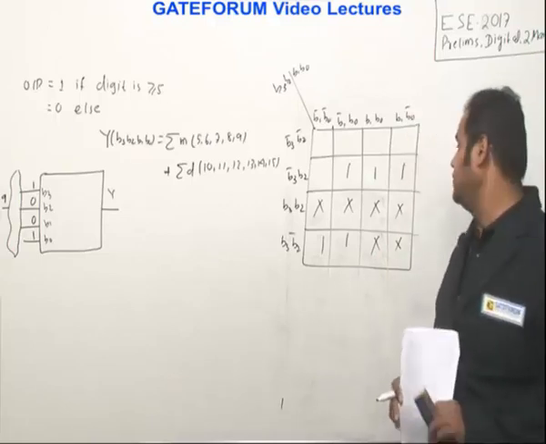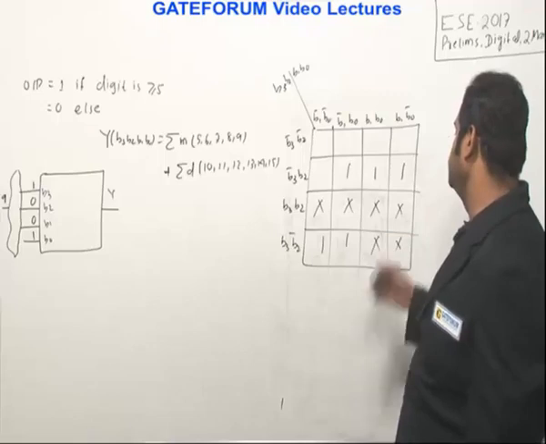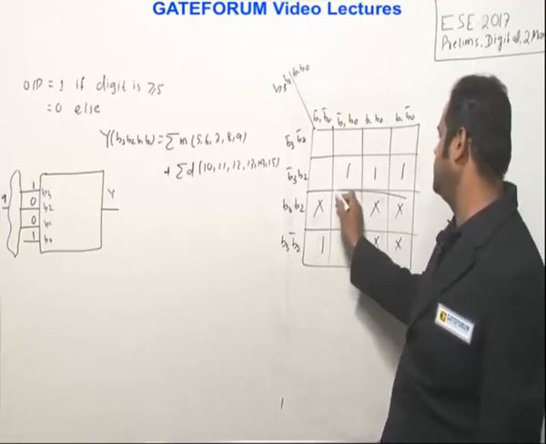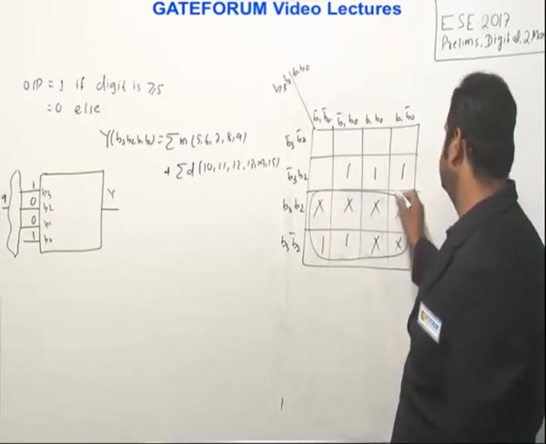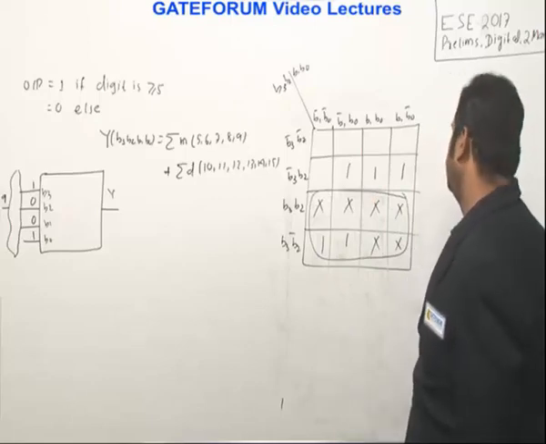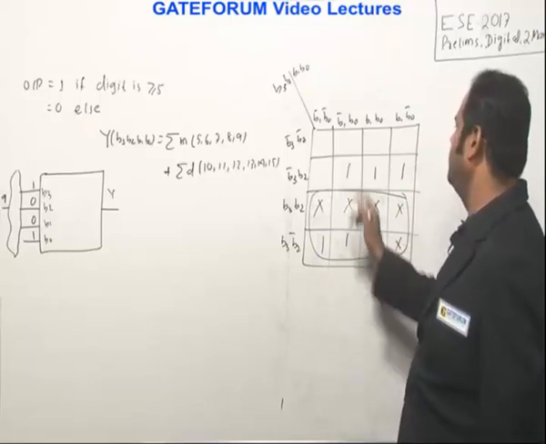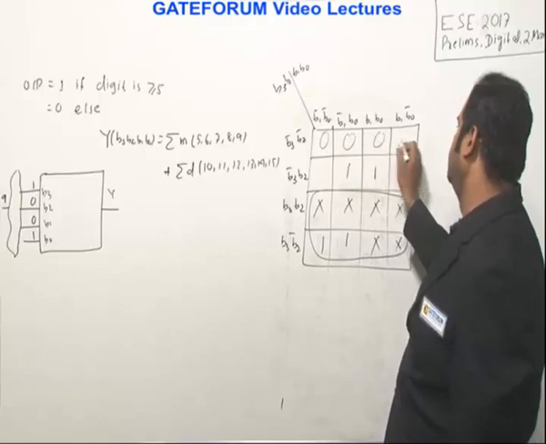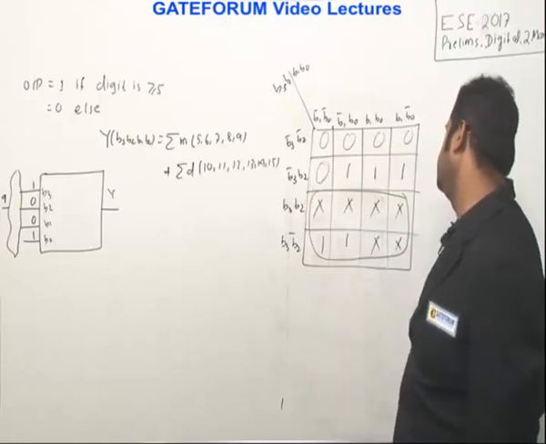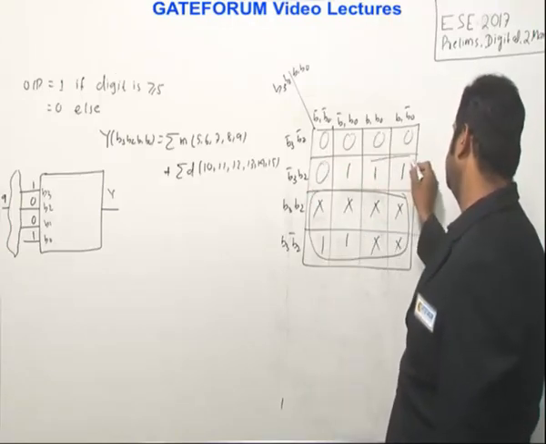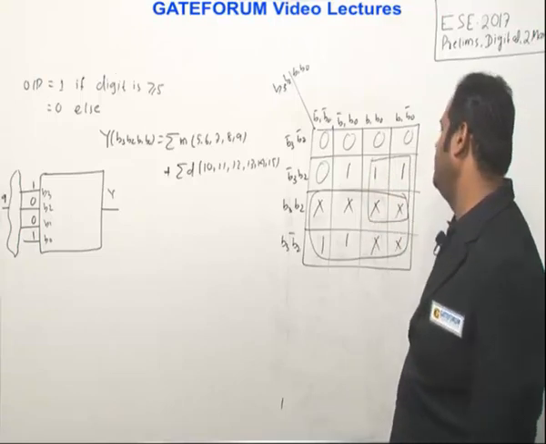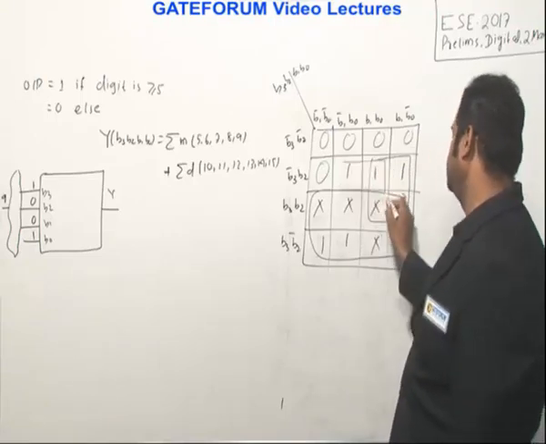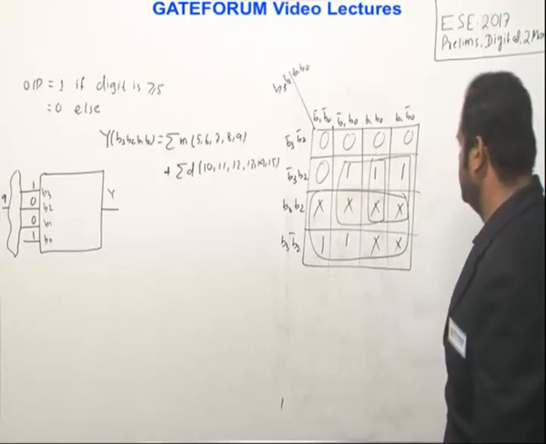So now if you think of doing the grouping of this, an octet is of course possible. We can take these 8 cells, this is one group, because I need to group all the 1s, but the rest of the cells are 0, of course, right? So I am targeting to group the min terms. So this is one group we can frame, and to cover this also, one more thing we can frame.